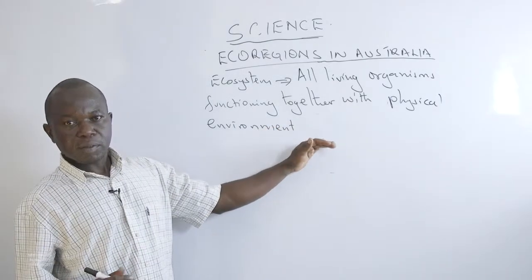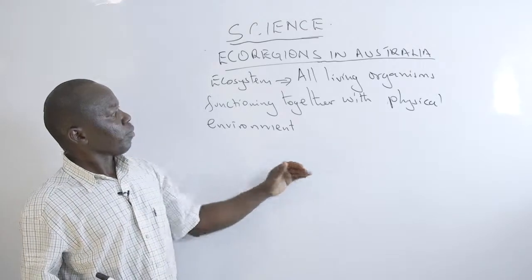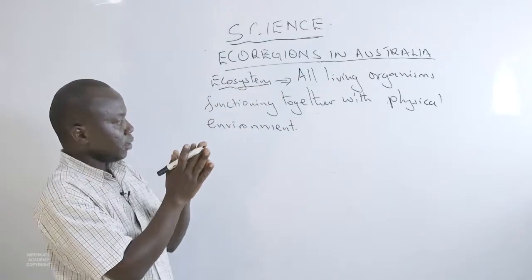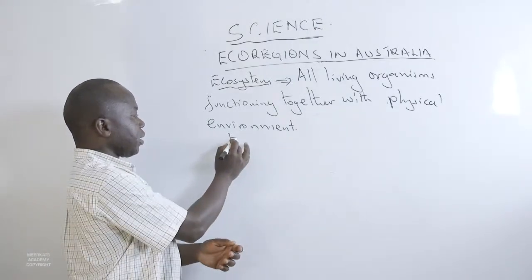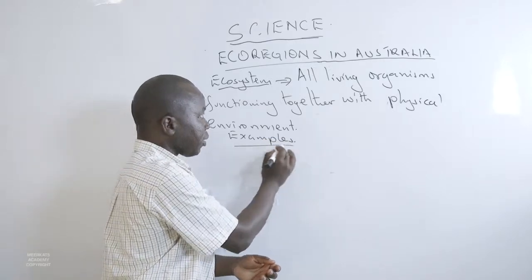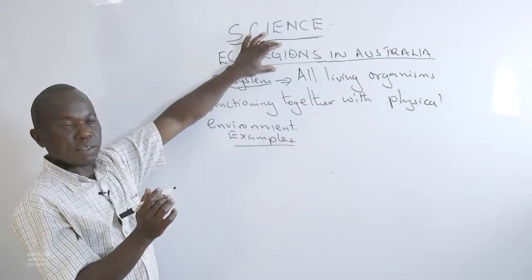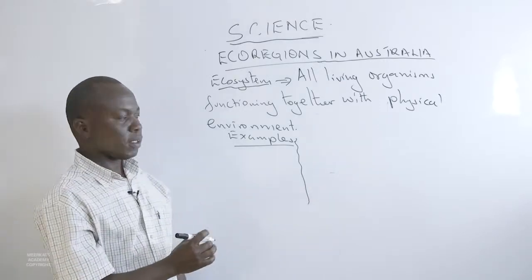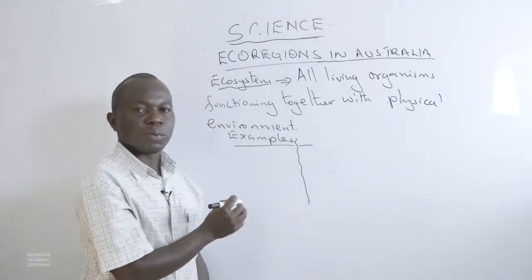But before we look at that, we can just give examples of ecosystems so that we get the picture very clear. Examples of these ecosystems, as we have already mentioned, could be